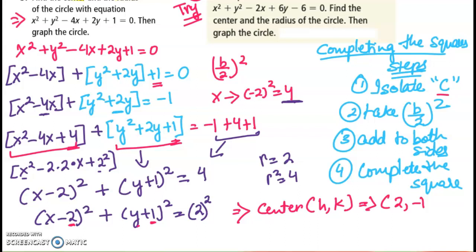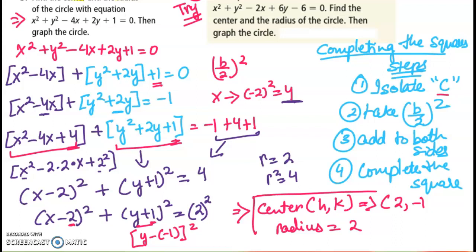Why negative 1? Because y plus 1 should be y minus negative 1 squared, right? And the radius would be just 2. Remember, the equation that we are looking